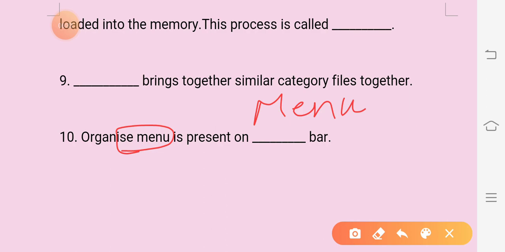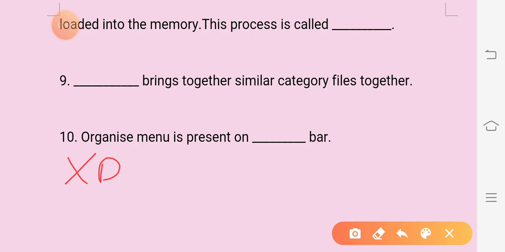And one more thing, just a little bit of correction. In your first chapter, I hope you have done the chapter number 1 question answers in your notebook. Look at short question answers, question number 2: give some examples of CD burning software. In that question I have provided the answer as XD burner XP.